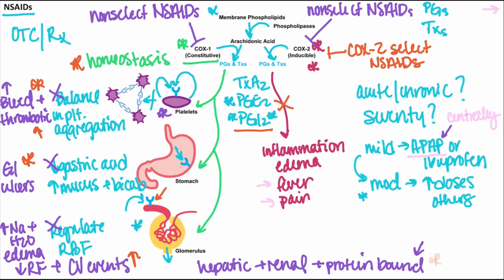So the selection of these agents is going to depend upon a lot of patient factors. And similar to some of the concerns with the non-selective NSAIDs, we are still going to be worried about highly protein-bound drugs and drug interactions, as well as patients with hepatic and renal impairment that may need dosing adjustments. Now, the last agent we will briefly discuss is acetaminophen, or APAP, which typically gets lumped in with the NSAIDs, even though its mechanism of action is somewhat unknown, but definitely thought to be different than all the other NSAIDs we discussed. So this agent actually has really weak anti-inflammatory effects, but it has good antipyretic and analgesic effects because